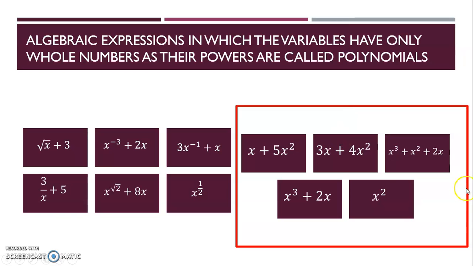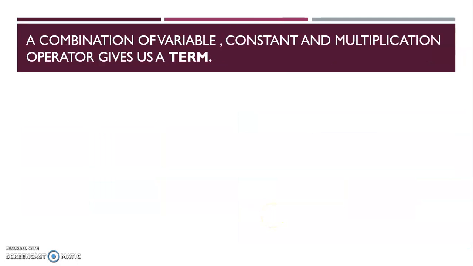Okay, so these are all polynomials, these are all expressions. This is also an algebraic expression, but this is a special type of algebraic expression. So a special type of algebraic expression in which only whole numbers are the powers of the variables is called a polynomial. Okay, so